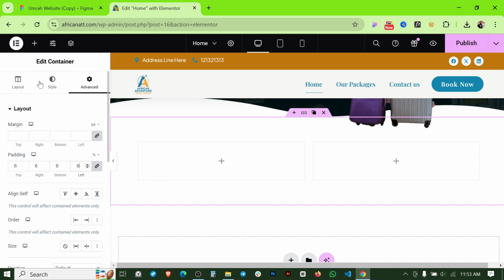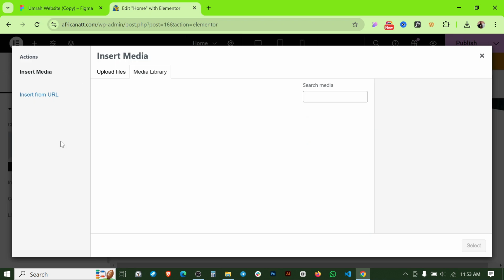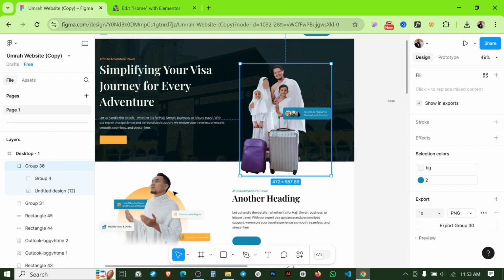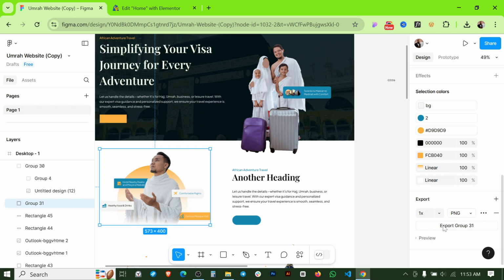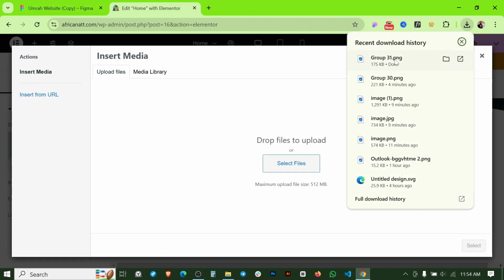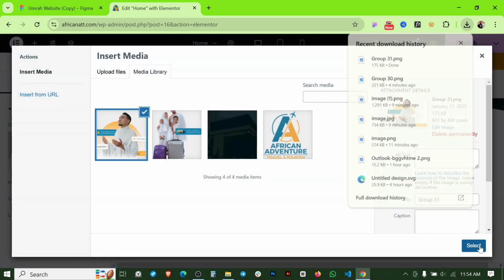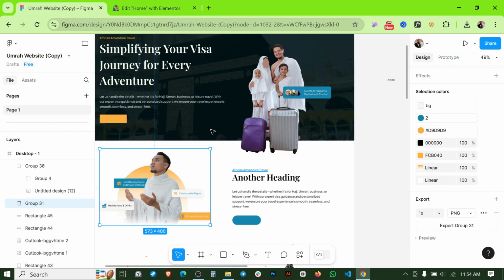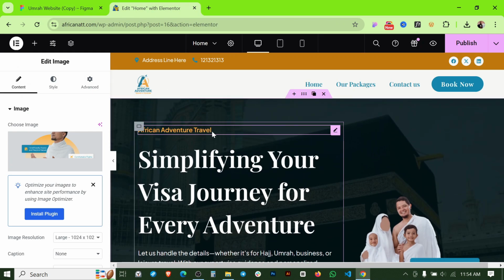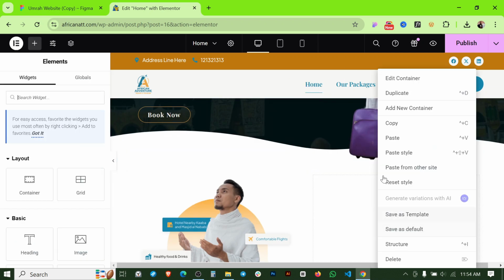And here at the left side we can take an image and let's change this image to this image. And if I click on export and PNG again, and let's drop this image here, and I'm selecting this image, and at the right hand side there is the same section here. Let's copy it and paste it in here,